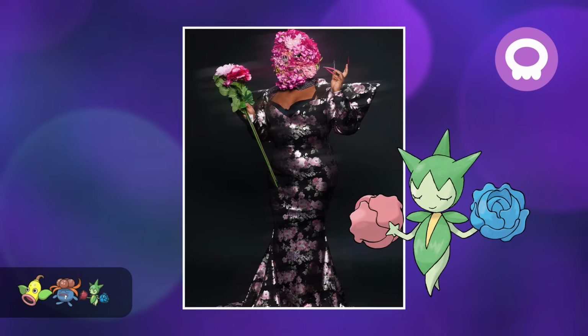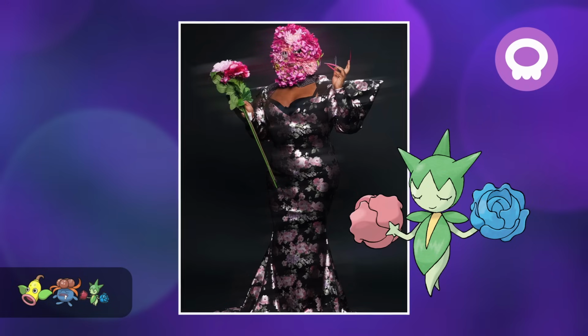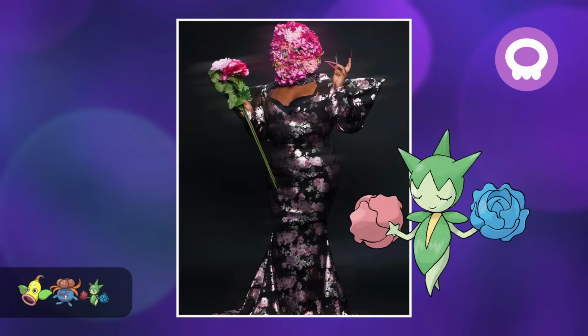Simply put, Roselia is the most appropriate Pokemon to pair with a flower-themed look, and flowers are gifts that are typically given to people who have been hospitalized. Our next gym